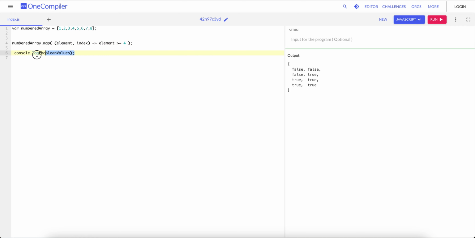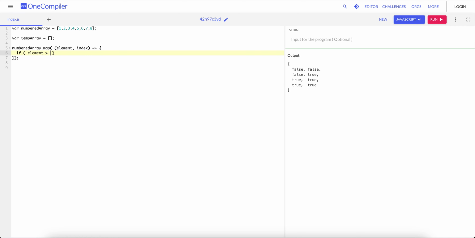For example, you are in a big function block where you have a temporary array. You declare it as you want. For some certain condition, you just want your values to get inside this temporary array. I will go as basic as possible, because I assume you have zero knowledge about the map loop, which is actually a part of loops in JavaScript. So I'm doing some basics, like if